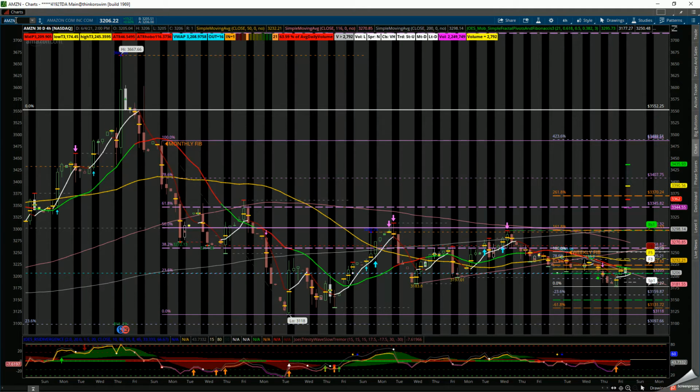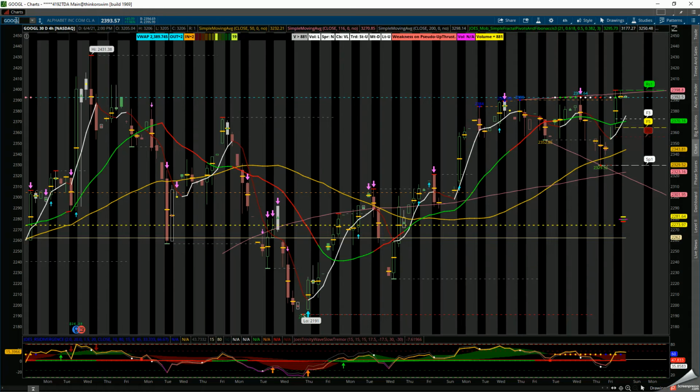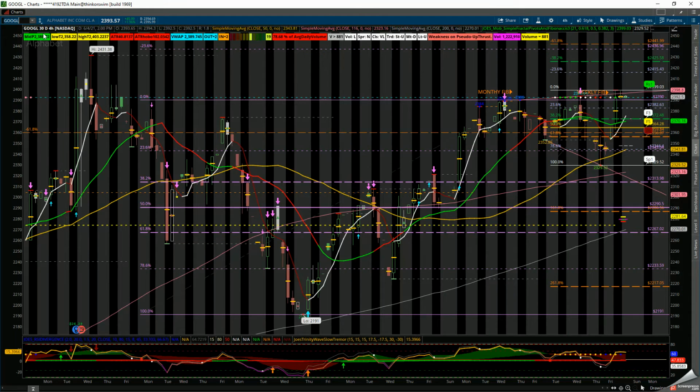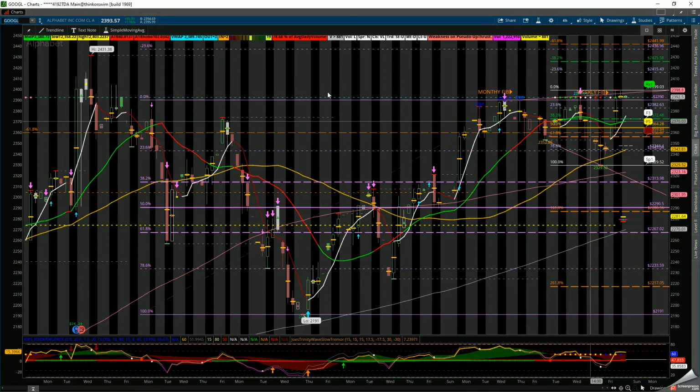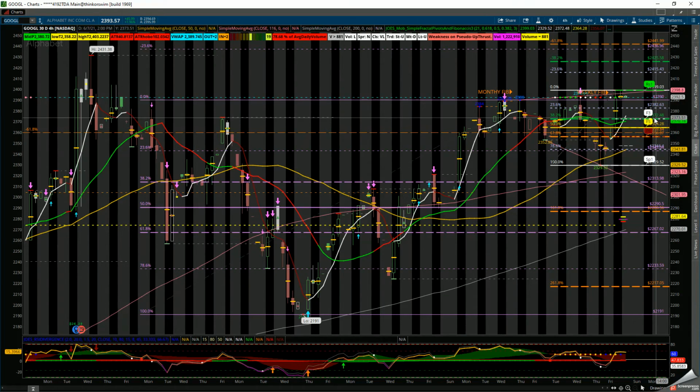So let's take a look at GOOGL. I like GOOGL. In the charting, you can see the monthly fib, we're trying to stay above the monthly, trying to look for the extension to the upside. If it does not hold the 2370 area, be careful of it. Let's take a look at Netflix,